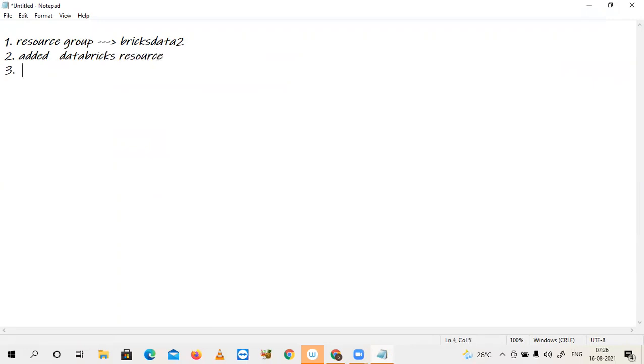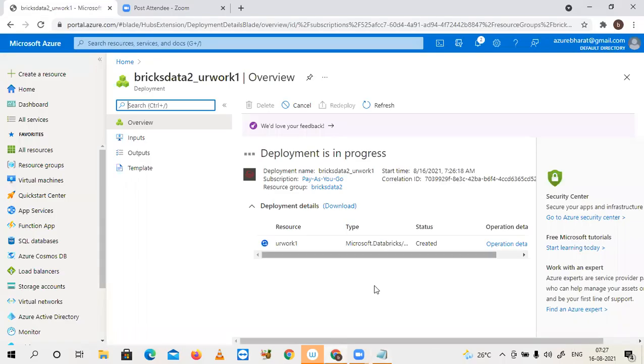After that, you created a workspace. So here I have given the workspace name as your work one. Once this workspace is launched, then you have to create a cluster. So still it is in progress. Please wait a minute.